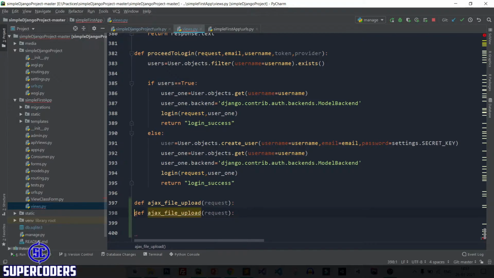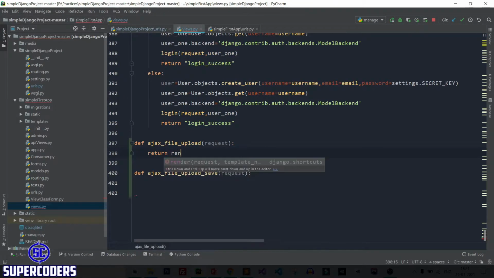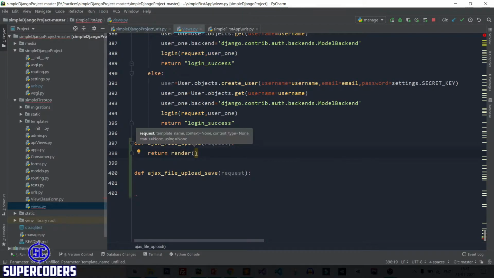Let's remove it. And this time change it to save. After that here return render. Then let's create a file. So suppose that my file is Ajax file upload.html.